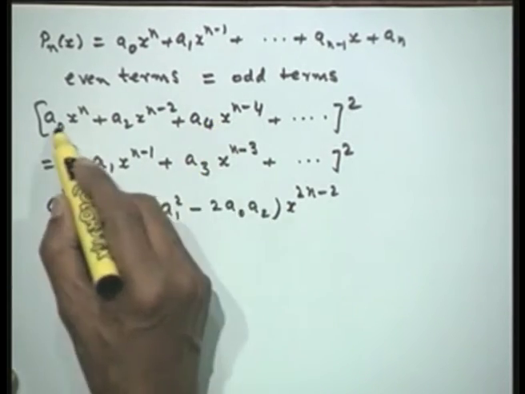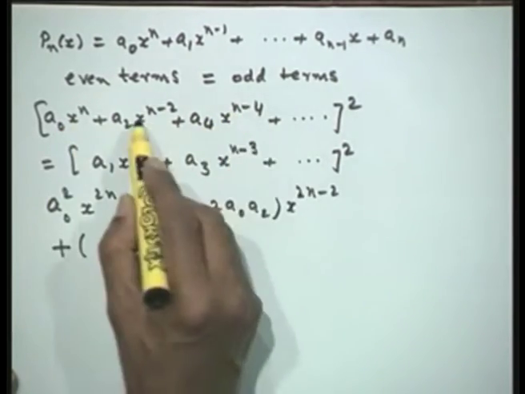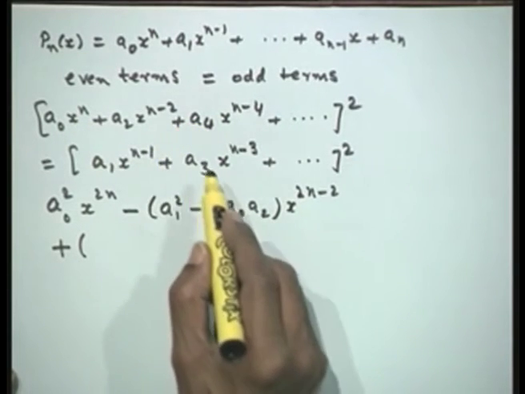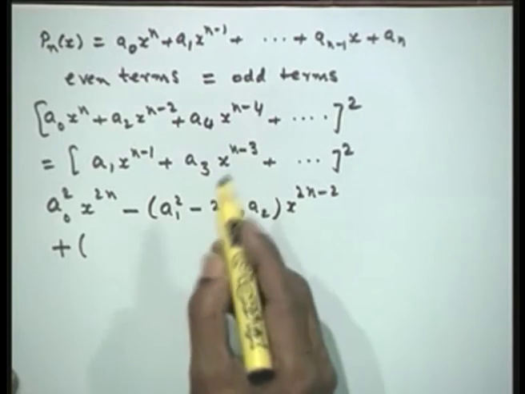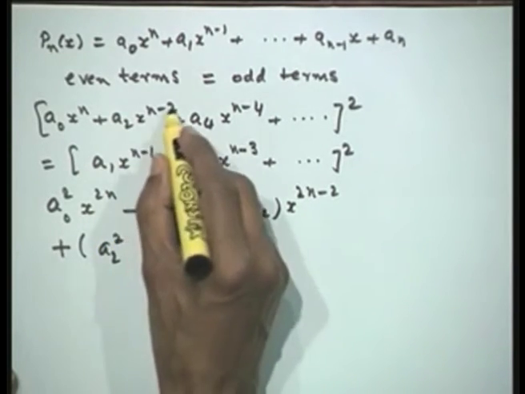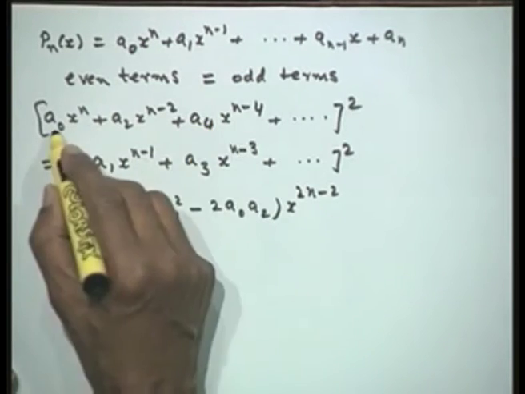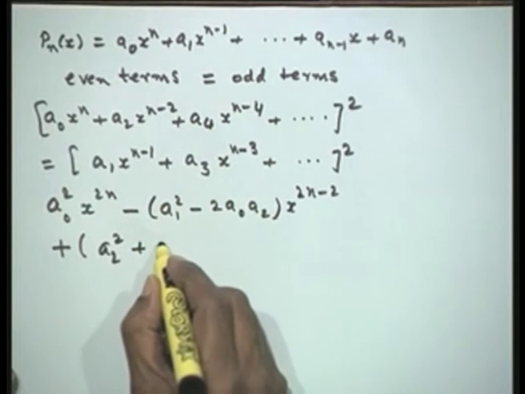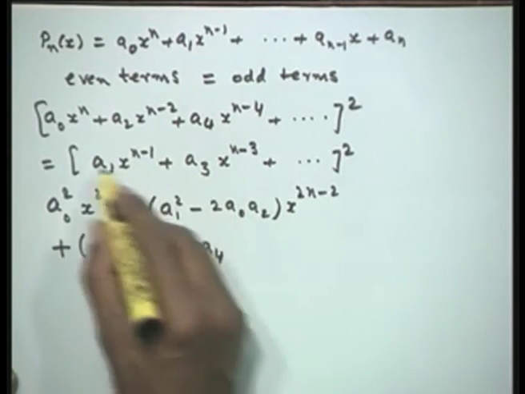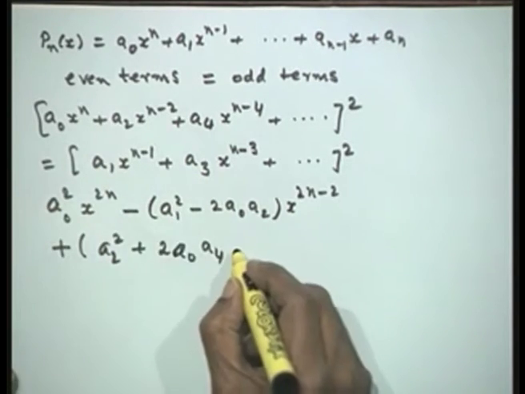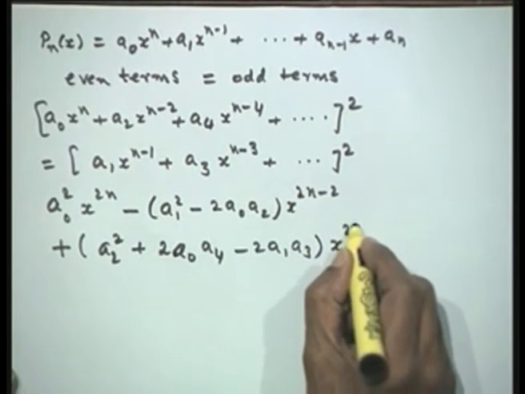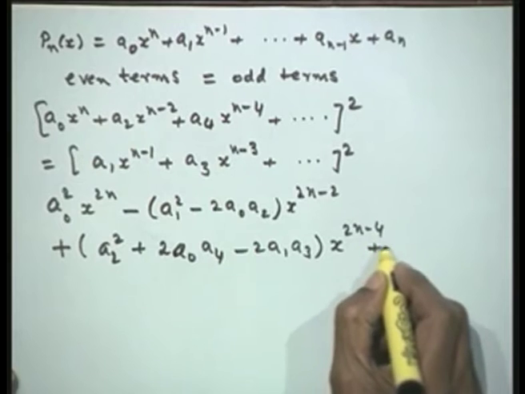There will be two terms from the right and one term from the left. What are those terms? a2 square, and the cross product 2 times a naught a4, and this product coming to the left, minus twice a1 a3, x to the power of 2n minus 4,